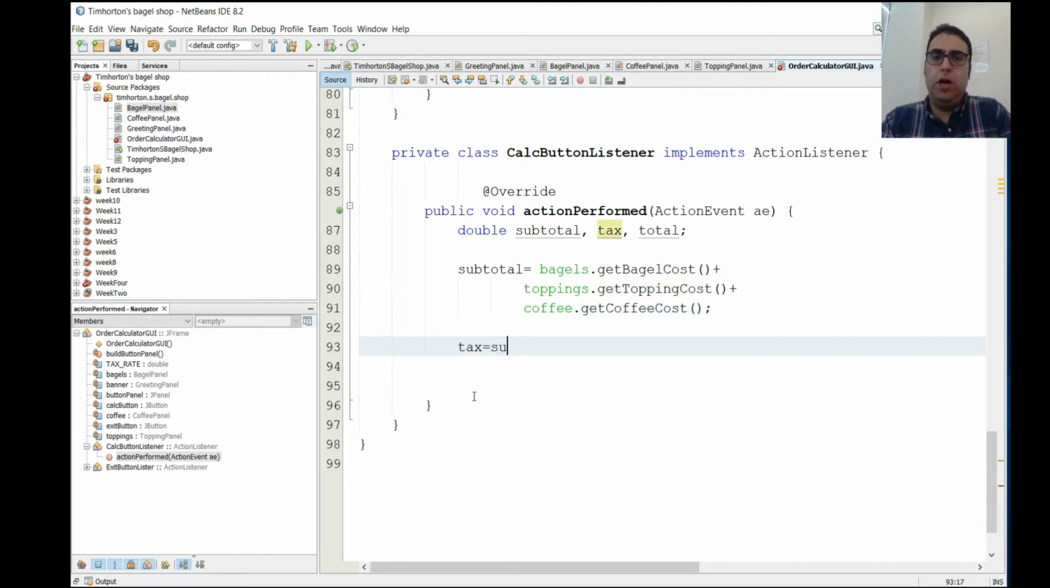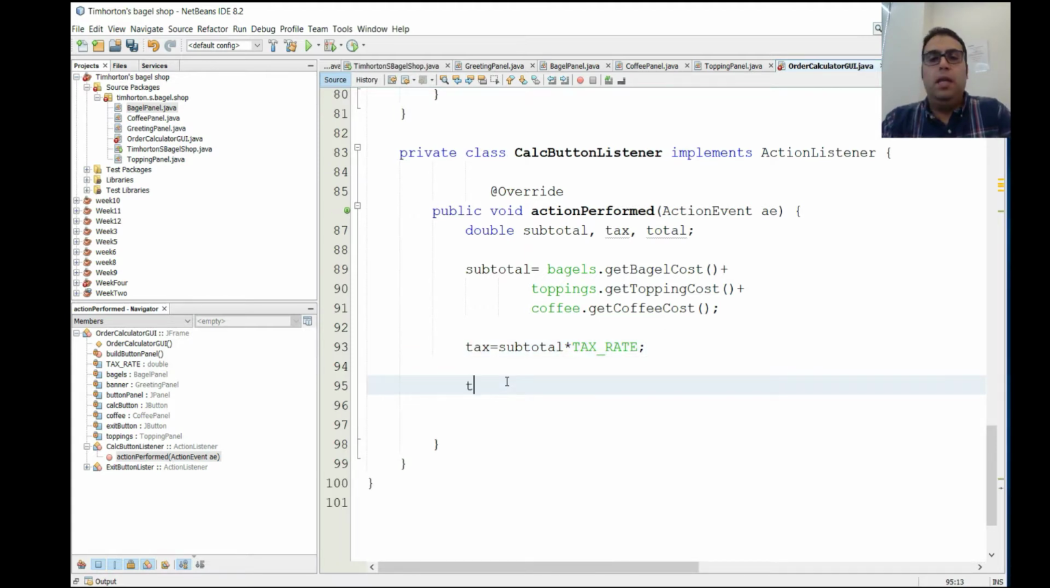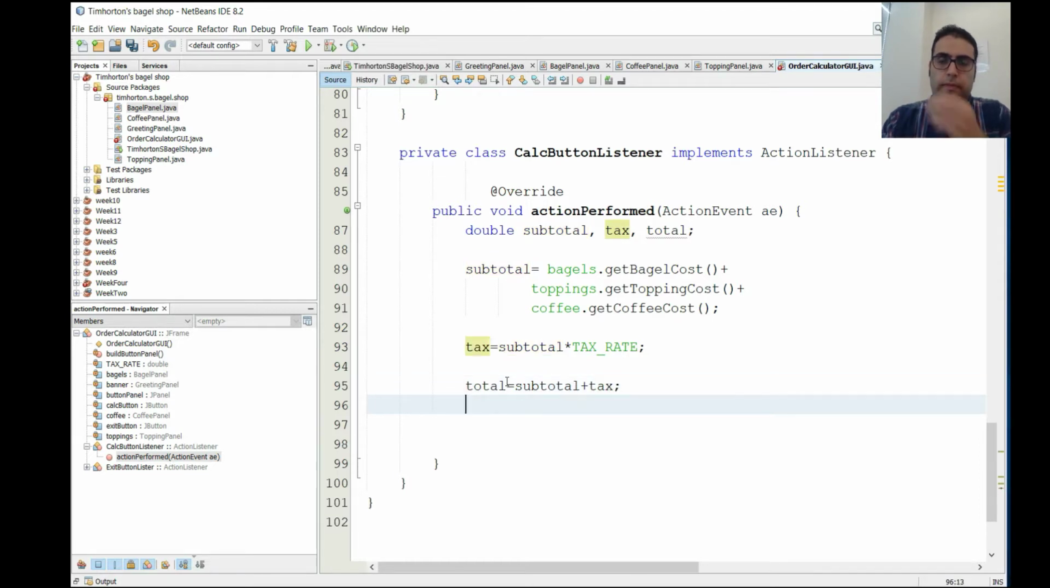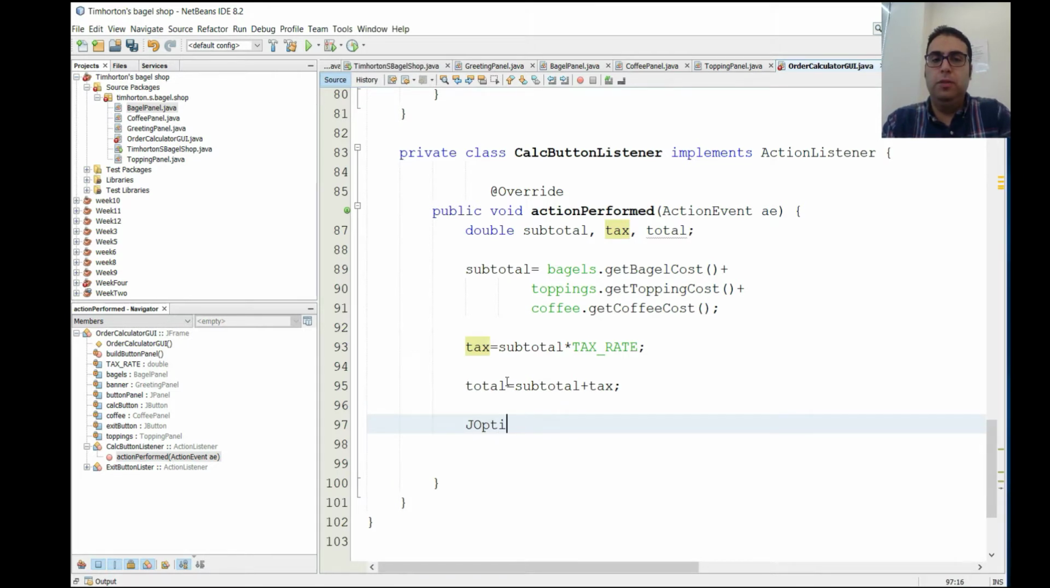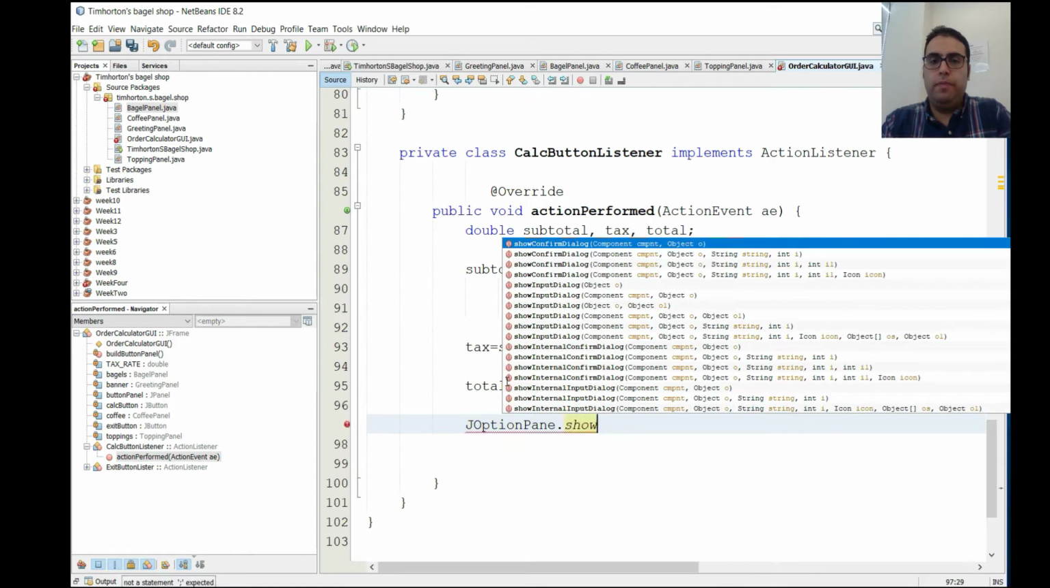Alright, so that is the cost. Then let's calculate the tax, which is the subtotal times the tax rate. So that would be my tax calculation. And the total would be what? Your subtotal plus tax. Let's have a simple Java option panel to show the